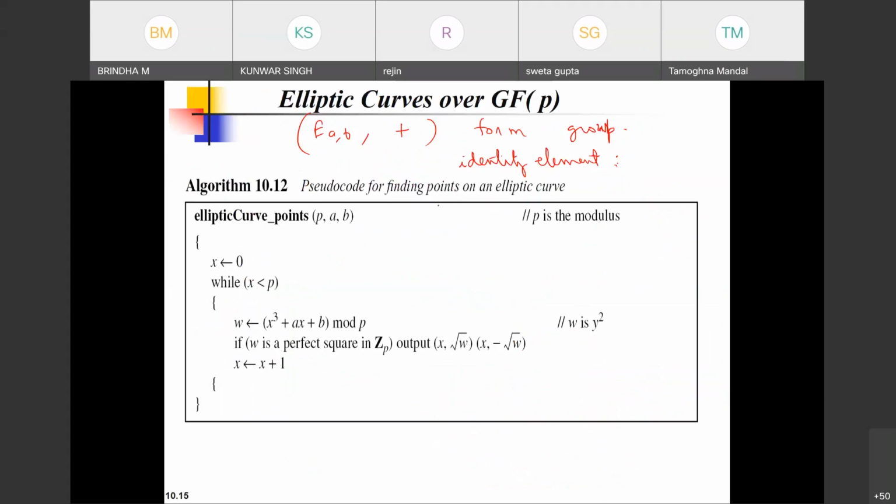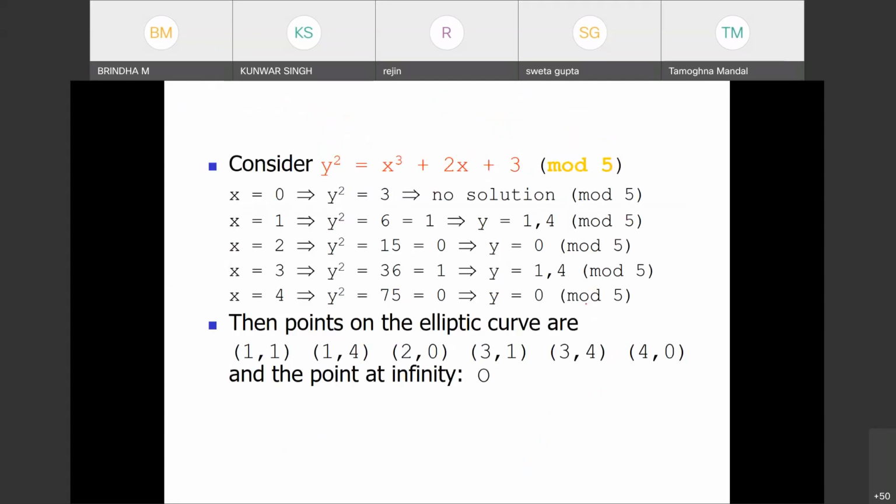Okay. So now I will do the points of the curve. As I told you, the points are (x, y), but you see not all (x, y) will be points in this E_AB. Why? That will be seen. Okay. So let's take one particular curve. Which curve have they taken? Yeah, they have taken this one. Okay, this curve, 2, 3.